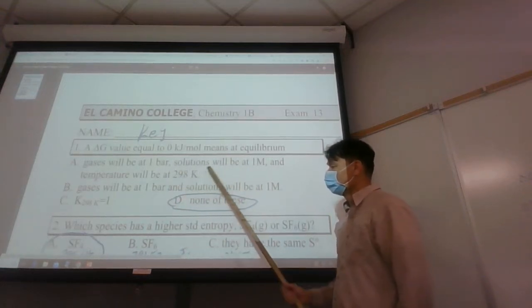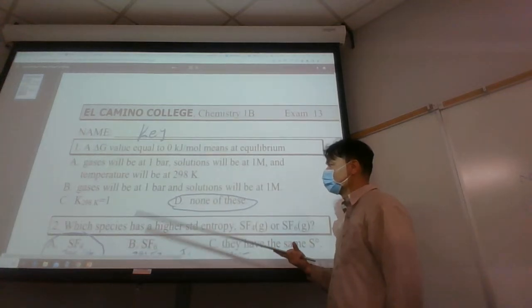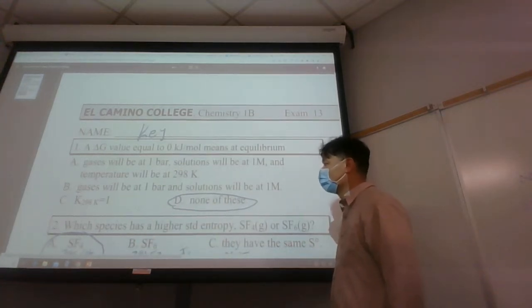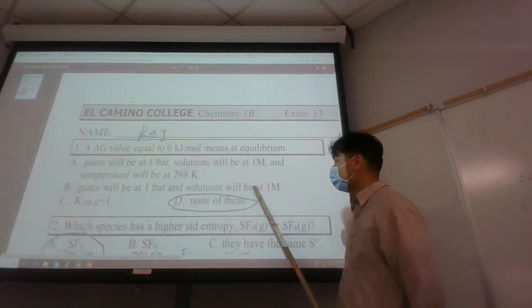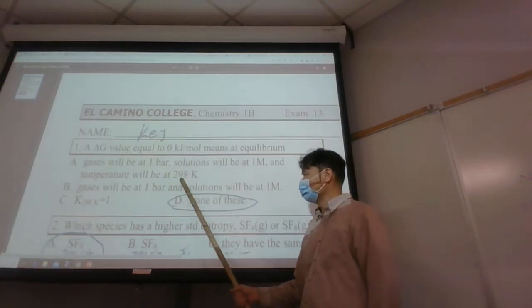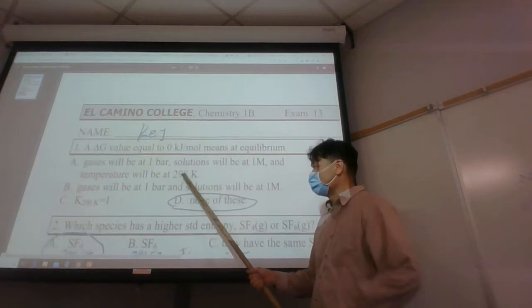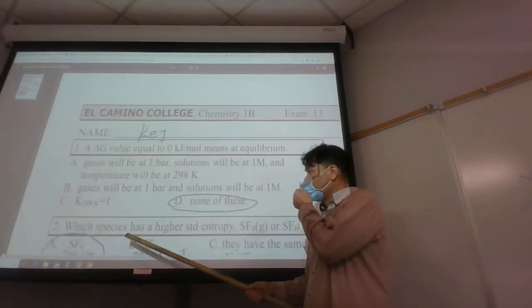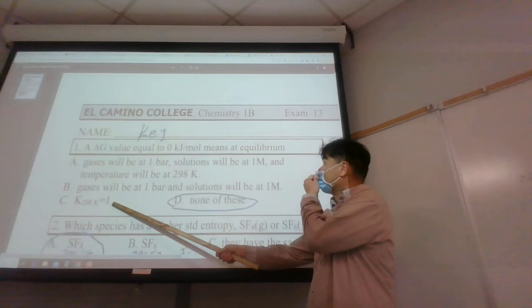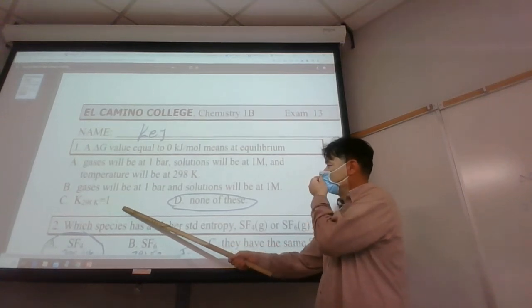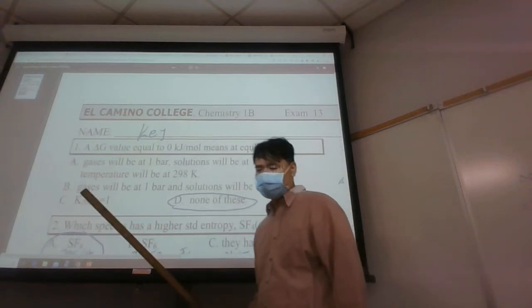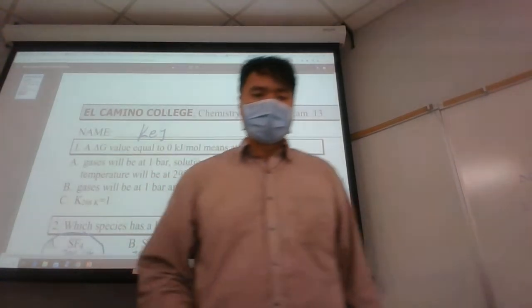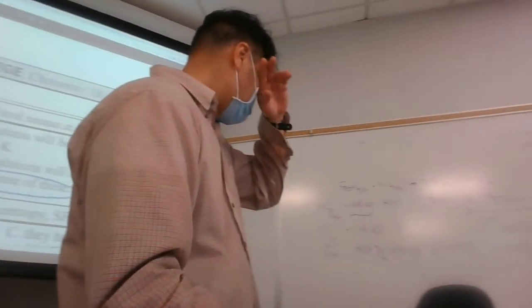In standard thermodynamic conditions, there could be a driving force because of the reaction. Gases will be at 1 bar and solutions will be at 1 molar. This is standard. Temperatures will be at 298. That's not standard, but that's the most common temperature. Or K at 298 Kelvin is equal to 1. Now, what would this be? Well, let's take a look here at another scenario